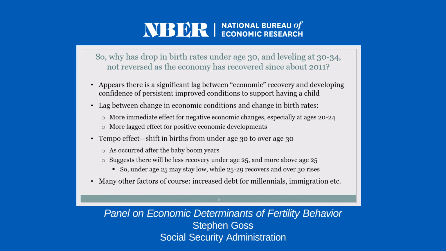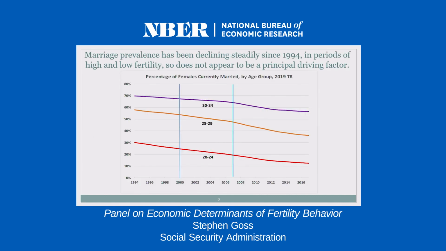On slide 6, I just wanted to put in here, and Martha sort of already really nailed this one, about what's going on with marriage. We've recognized for a long time that marriage is, for better or for worse, not a prerequisite to having children. And we can see that going back to 1994, marriage prevalence all the way from 20 up to 34 has really been declining pretty consistently, and yet it's only basically since the recession that we've had the big drops in the total fertility rate. And in fact, I would note that the total fertility rate didn't drop below 2.0 until 2010. So even in the first couple of years of the recession, birth rates were dropping somewhat, but we didn't actually pierce the 2.0 fertility rate and drop below that until 2010.